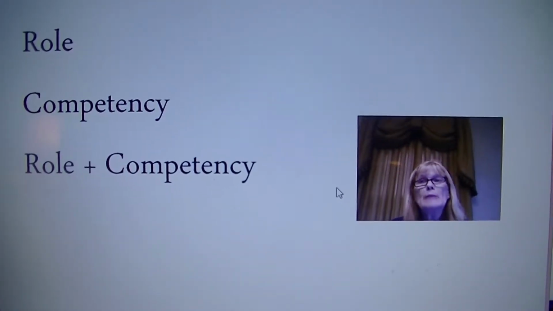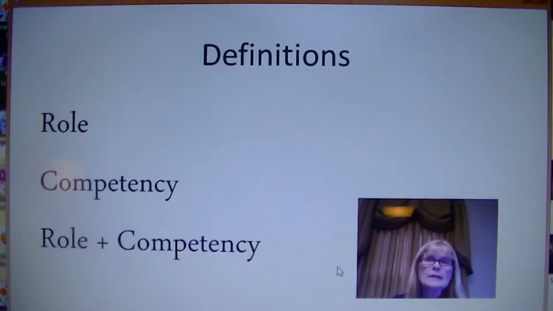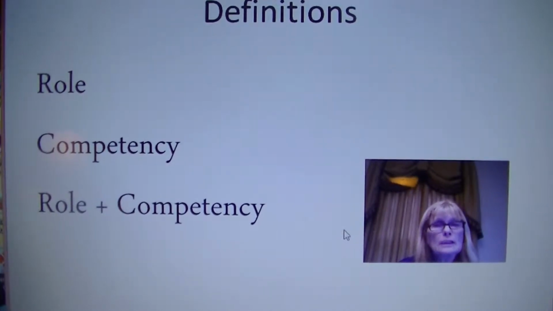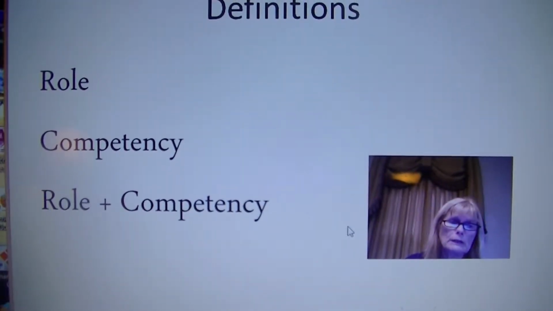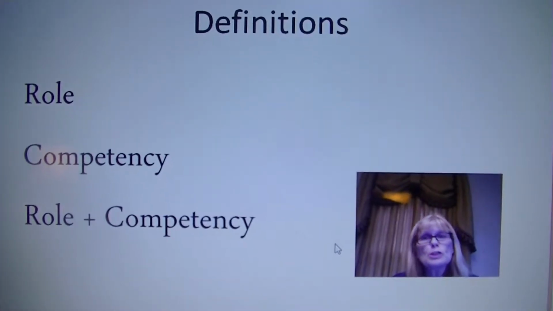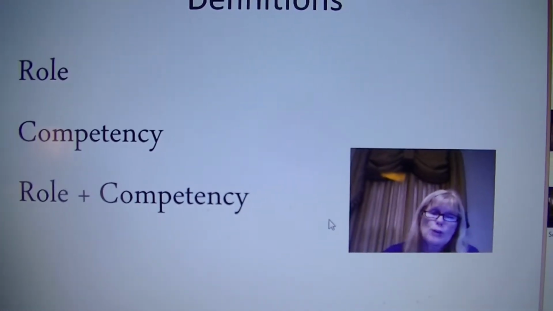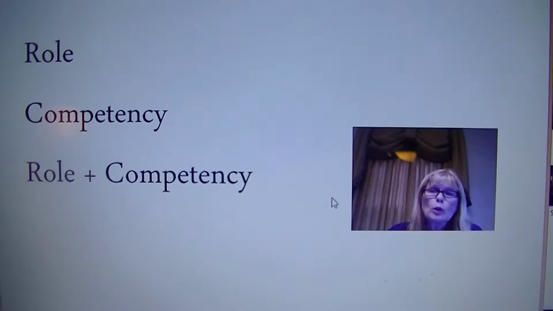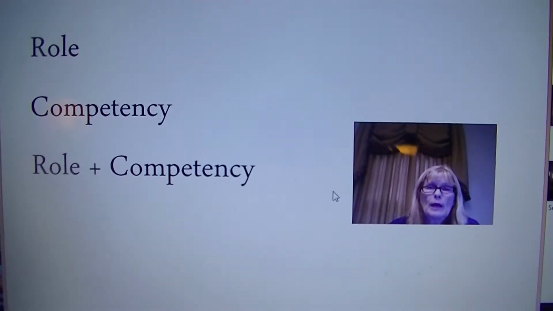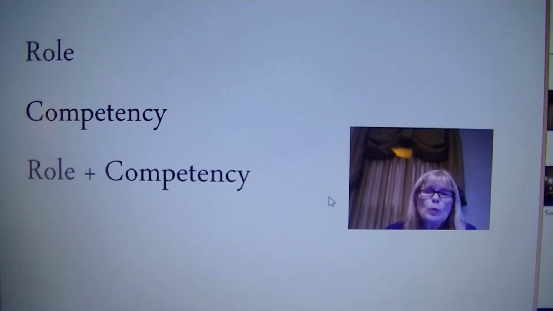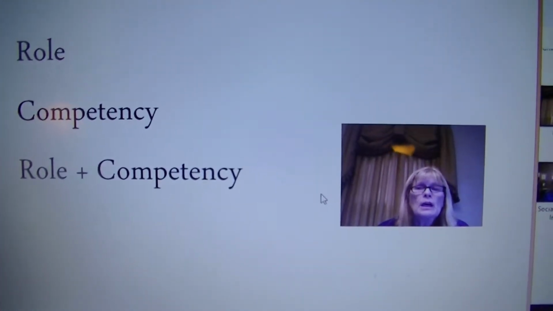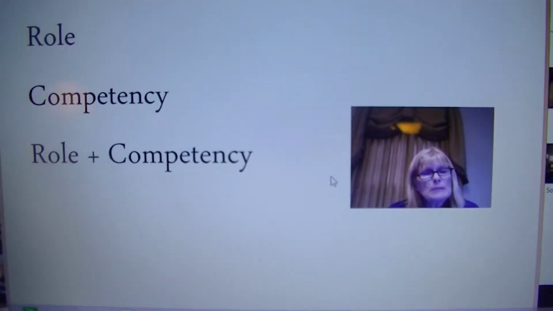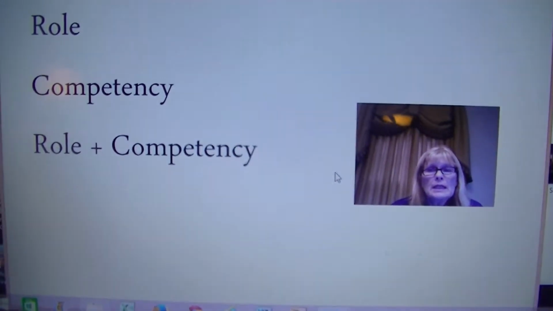The word role may mean different things to different people, depending on the context it's used in. Role may be defined as an expected behavioral pattern by an individual, or it could be defined as a job duty or function. It may refer to titles, which could be specific programs such as a certification or a job description. The word competency indicates that one has the ability or quality to function in a particular way, perhaps on a job duty. To combine role plus competency would lead one to the conclusion of having specialized training in a particular area. When looking at these definitions and at the conceptualizations for advanced practice nursing, it is reasonable to think